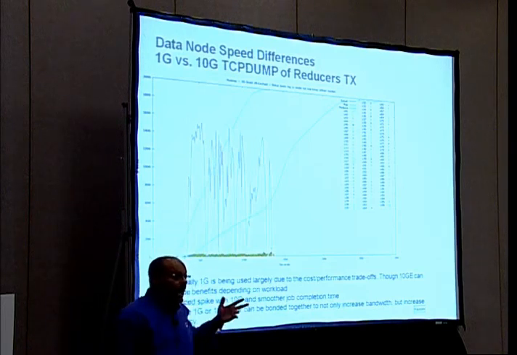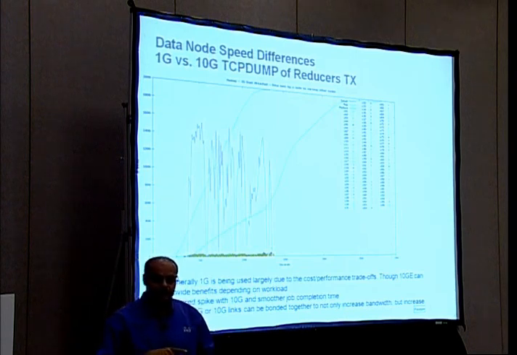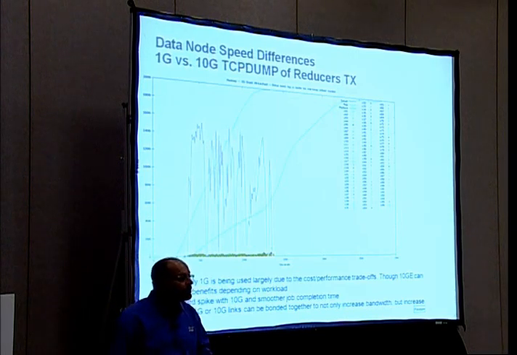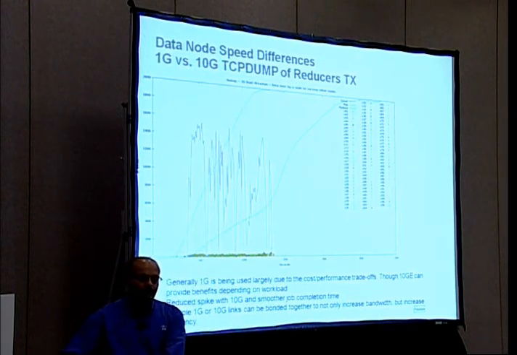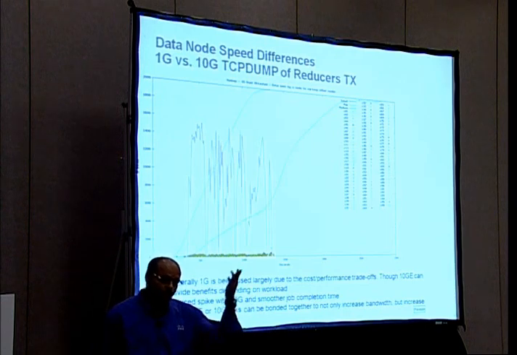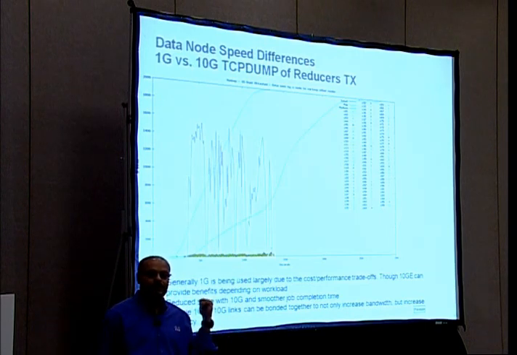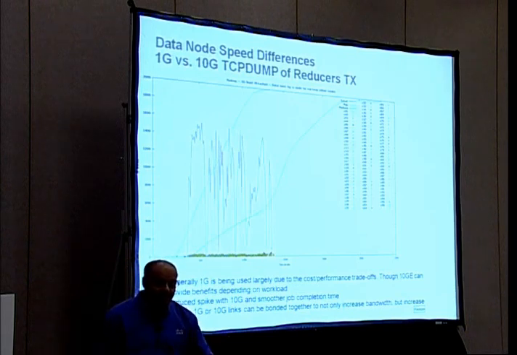So do you need a 10 gig network today? The answer is no. Does it help you future-proof? Yes. Are you running more than just one job? Are you ingesting data? Are you exporting data? Are you doing some other parallel activity? Do you want a response time such that while you're running an ETL job, an ad hoc query can be run as well? For those reasons, we recommend you go with the 10 gig, right?